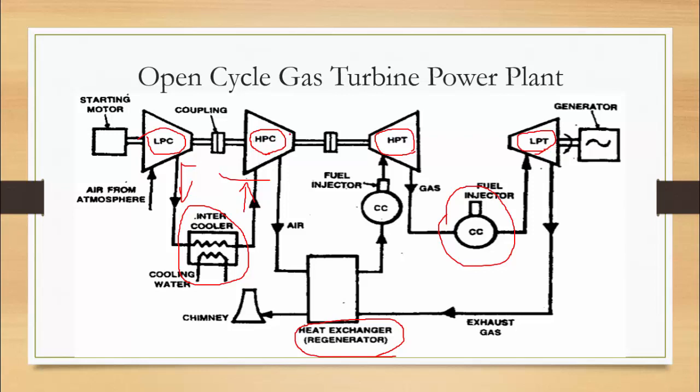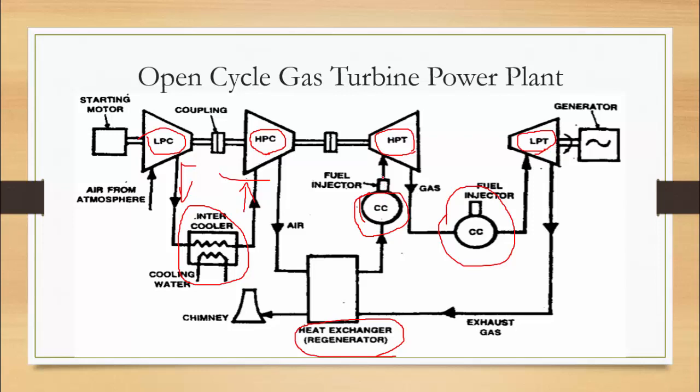Okay, this high pressure air is given to the heat exchanger, right? In the heat exchanger it gains some amount of heat and it is sent to the combustion chamber. In the combustion chamber a fuel injector is there. A fuel injector atomizes the fuel and facilitates a better air fuel mixture, right? This air fuel mixture gets burned in the combustion chamber and an enormous amount of heat is produced inside the combustion chamber because of the combustion process.